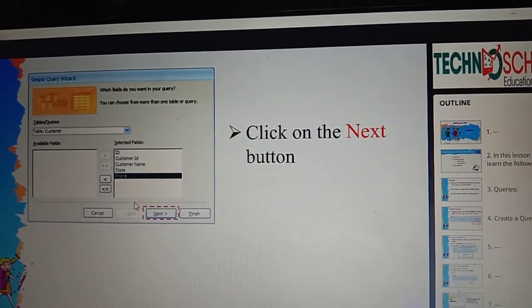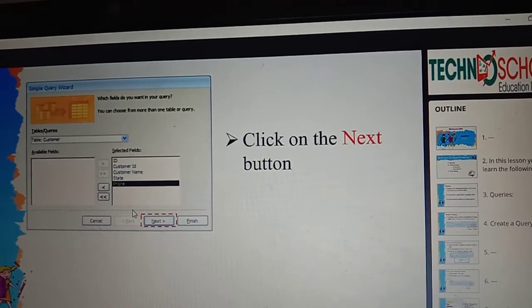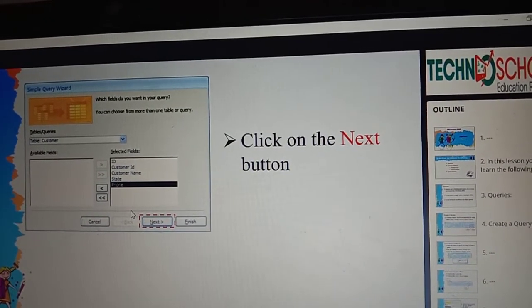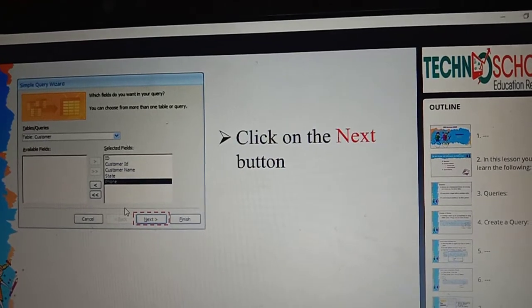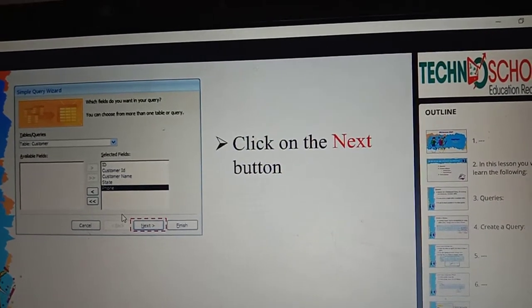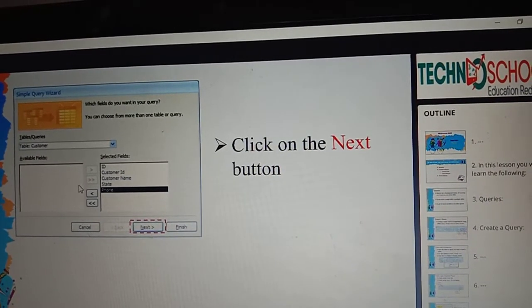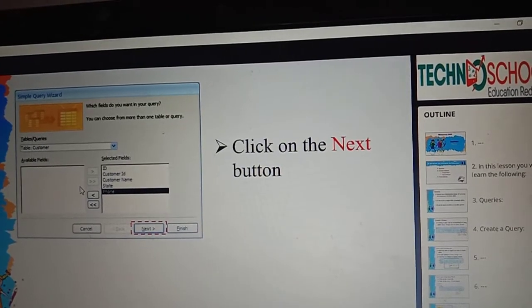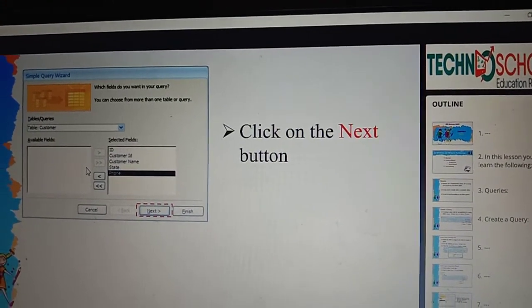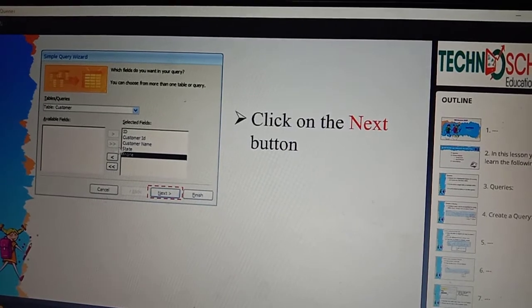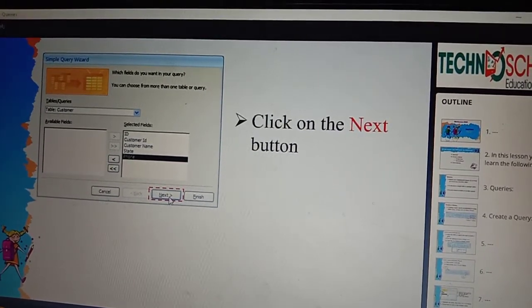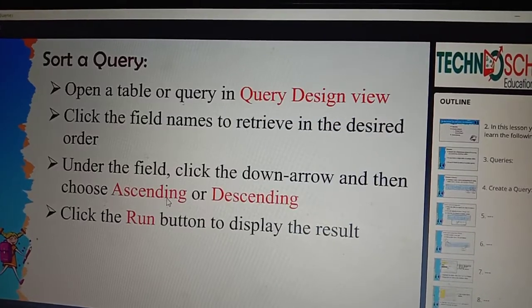After clicking the OK button, your dialog box will move to the next window, and this dialog box will look like this. After that, I'll show you a video on how to create a query. Now I'm explaining in presentation format. In this video only I'll show you the way. Later, you need to click the Next button.